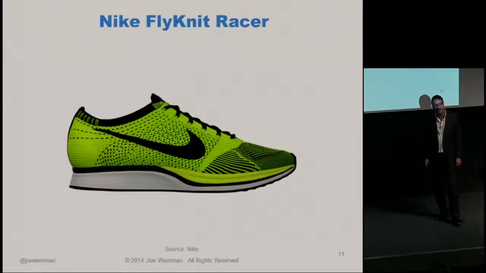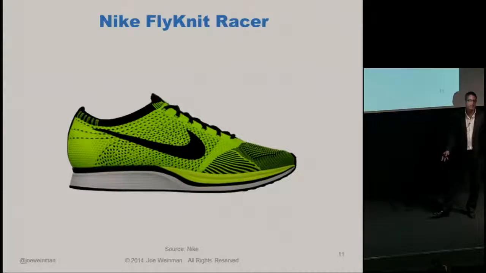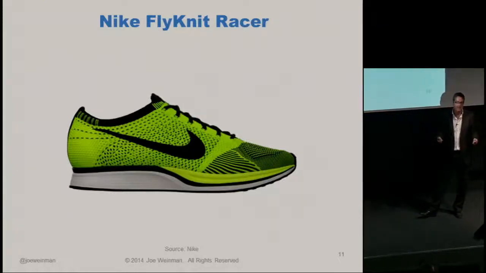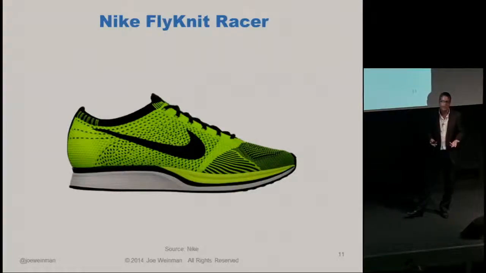This is the Flyknit. Let me explain the Flyknit. For the last century, sneakers have been made exactly the same way. You cut and stitch sneakers. You cut it into 40 or so different pieces of cotton, rubber, lacing, grommets, whatever, and then you assemble them. And because assembly is the main cost of the sneaker, you assemble it offshore. What Nike did is they reverse engineered a weaving machine and created a two-part sneaker, one of which is woven, the upper, and the other part is the traditional molded rubber, plastic, whatever compound.